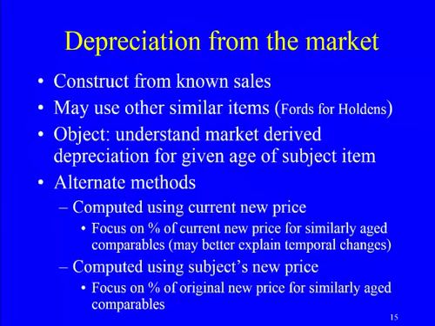There are 2 basic alternative methods to developing a depreciation schedule based on market evidence. The first is to compute using the subject's own, shall we say, historical new price. Now, the examples we've looked at so far work on this basis, and this is largely what an accountant will do when they're working out a depreciation adjustment on assets on a balance sheet. And the reason is that the historical new price is known, and therefore it gives us a nice solid reference